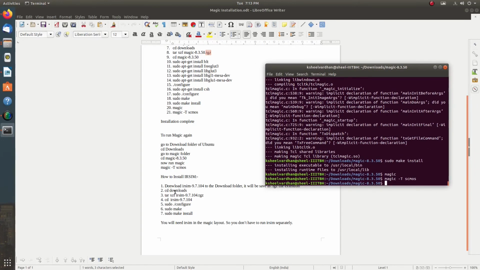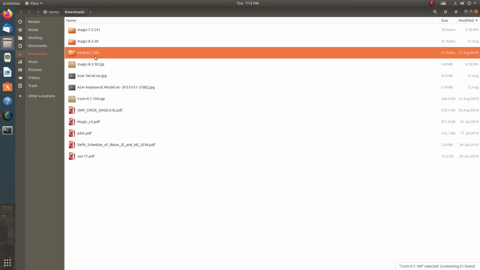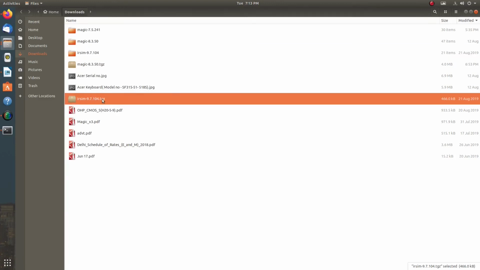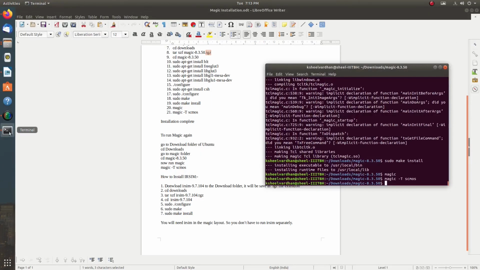There you will get IRSIM, and your IRSIM will be downloaded in the same downloads folder, and you have to repeat the process again. As you can see, I have the IRSIM folder here. You can see the .tgz file of IRSIM in the downloads folder. So again we have to repeat the steps.